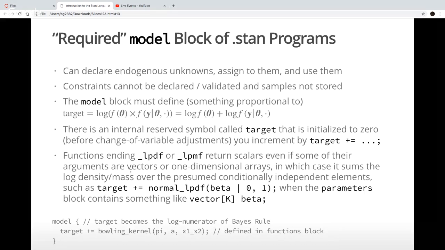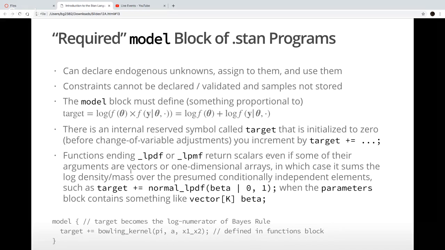So you can declare and assign other endogenous unknowns, but they're not going to be stored. These are just temporary variables that you might need as intermediates in order to evaluate your log likelihood, etc. You can't declare constraints because they wouldn't get validated in the model block of a Stan program. So you just have to make sure that the transformations and functions you're using are correct.